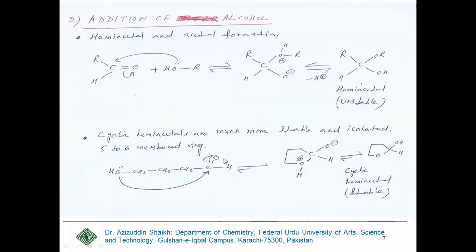aldehyde group is also present. तो ये ऑक्सीजन अटैक है और ये यहाँ पे ऑक्सीजन आ जाता है, यहाँ पूरा एक ग्रुप आ गया. This is the cyclic structure, 5 membered ring will be obtained. This is the hemiacetal, cyclic hemiacetal. This is more stable as compared to acyclic